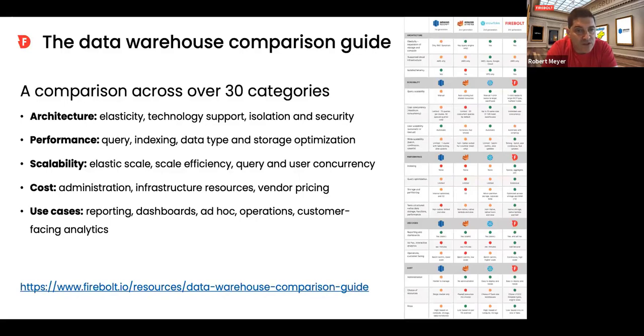Think about the evidence you need. Prove it for yourself. Pull the evidence from here, pull the evidence from other places. Do your own benchmarks, because there are lies, there are more lies, and then there are benchmarks. And they're very tailored and very specific to whatever someone was running the benchmark against. And you need to run the benchmark for you. So get ready to do that and to do your own POC.